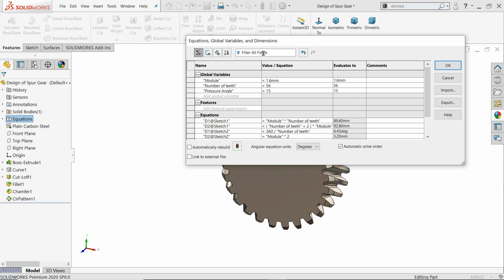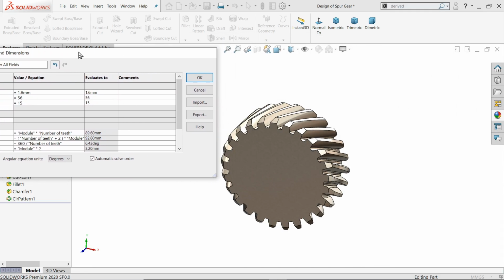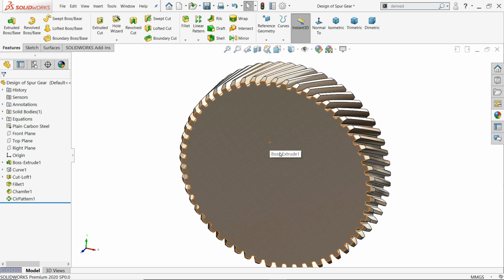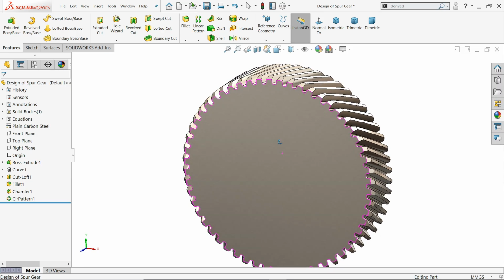Now let's see what will happen to this. If I click OK, now it will change. See, the size is changed.